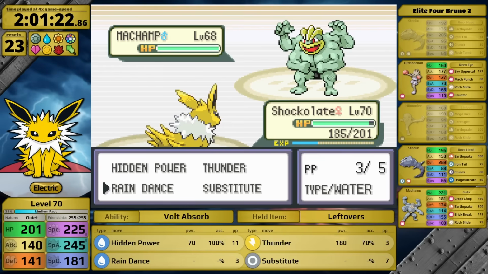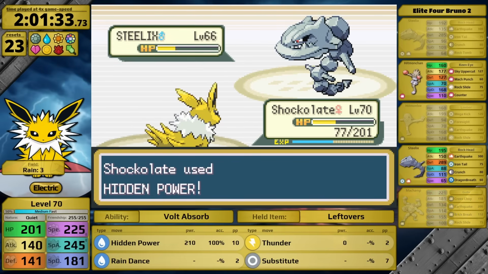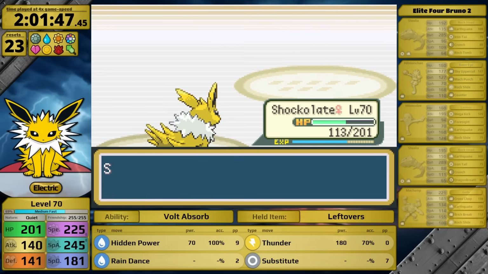with nearly full health. His Earthquake deals devastating damage as I set up the Rain, and had I not crit right here, this would have been a reset. Steelix 2 faints to a super effective Rain-boosted HP Water, and Hitmonchan goes for counter. Nah, not the most deserved victory, but with an electric type, I'll take any win that I can in this